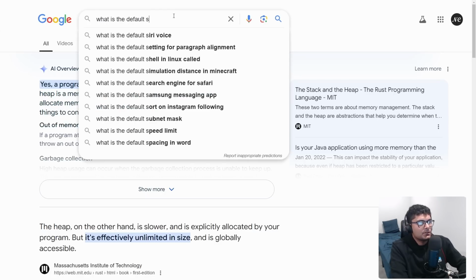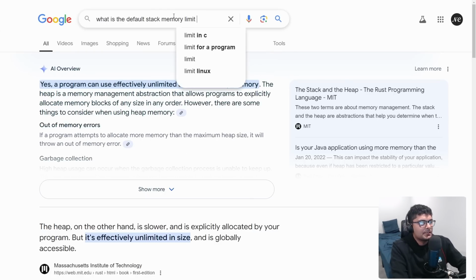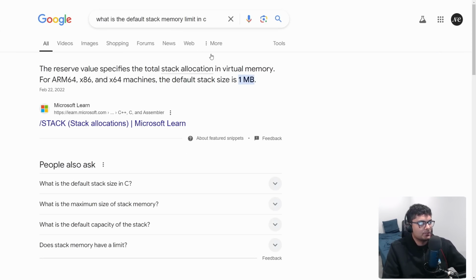What's the default stack memory limit in C, for example? It looks like it's 1 megabyte. I don't know if that depends on the compiler, but again, you can see that this is relatively small. So it's reasonable that you could hit a stack overflow, even if there's not infinite recursion. That's why recursion is actually not good. And you're hearing this from me, the data structures guy on YouTube, that generally speaking, you don't want to do recursion. Even for valid recursion, you could hit the memory limit.